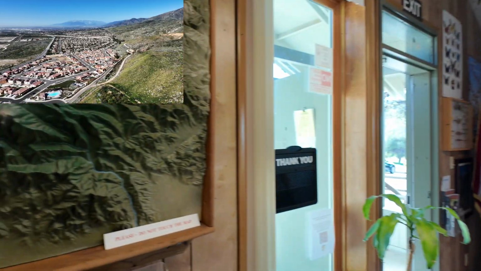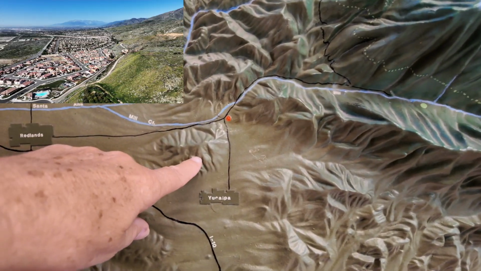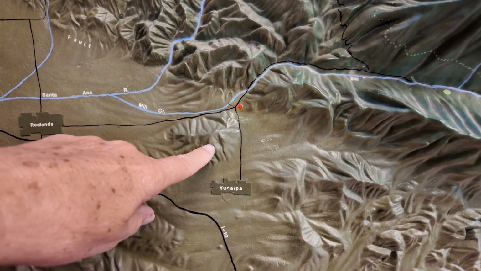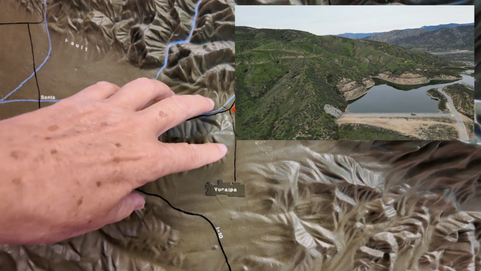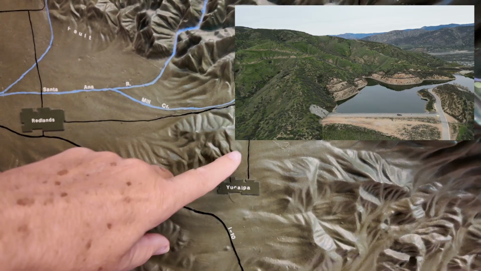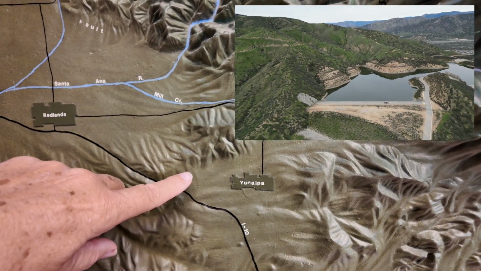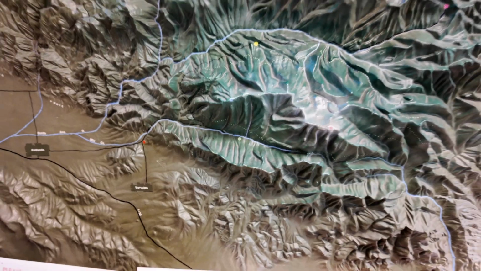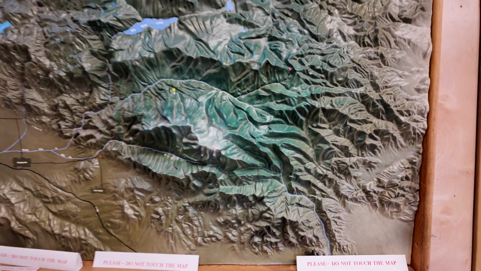Seven Oaks Dam is right on it, so it could fall if there was a big earthquake. All these houses are on it. And as far as the Crafton Hills, there's an artificial reservoir right up here at the top of Crafton Hills. That is the Crafton Hills Reservoir, and that water catches it. I believe it's state water, but I don't know exactly where the water's coming from, but it runs down into Yucaipa. So when I'm talking about the earthquake faults, I just want you to know that we are a large